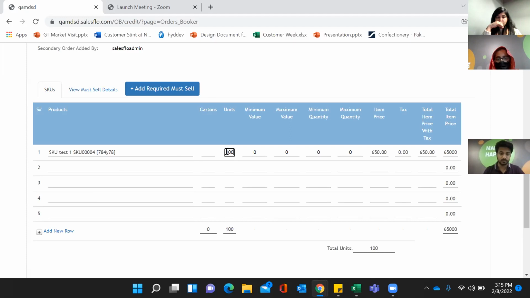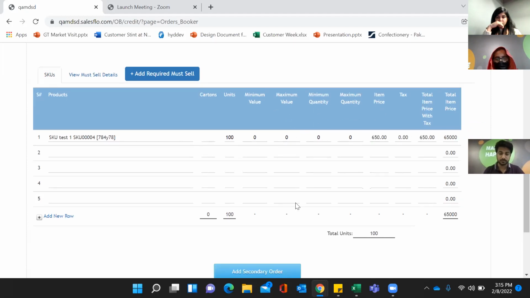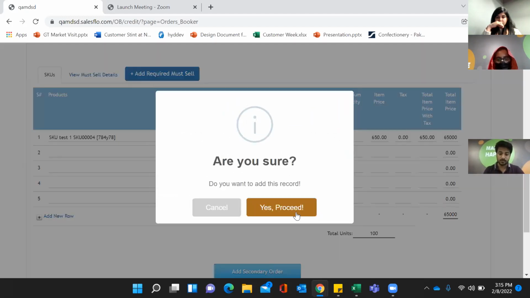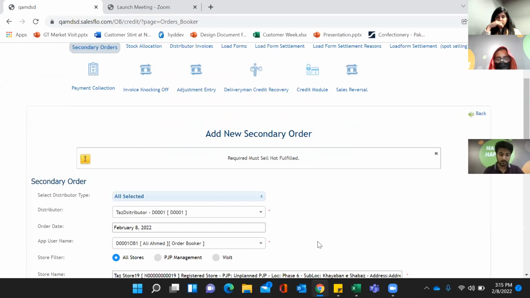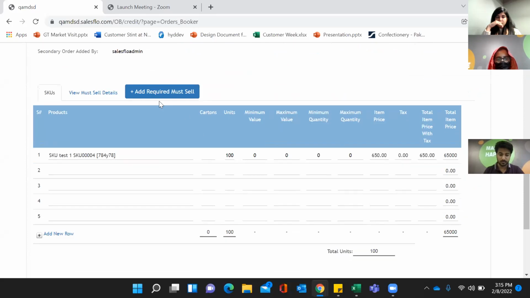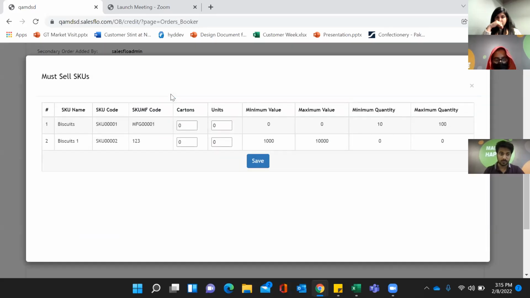I try and put like 100 units of that SKU. And if I try adding a secondary order, it says required must sell not fulfilled. So now we see the third tab, add required must sell. In that, it's the same thing as what we looked at before, the view must sell, except this one you can add